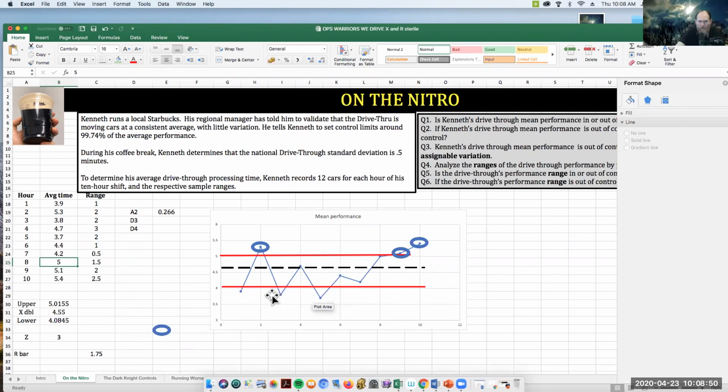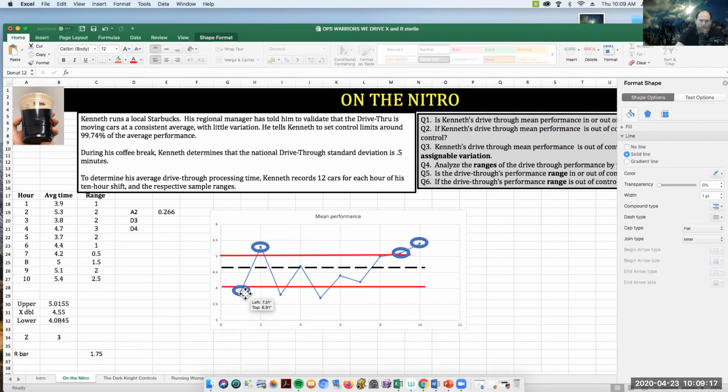Okay. What points do we want to circle down here below the lower limit? Well, didn't you just say it has to be like upper? So like the ones that are below you leave alone? Or does that not pertain to the lower ones? So whether we're above or below, we want to identify when we're out of control. Okay, so then you would circle hour 1. This one right here? Yeah. Okay. Any others?